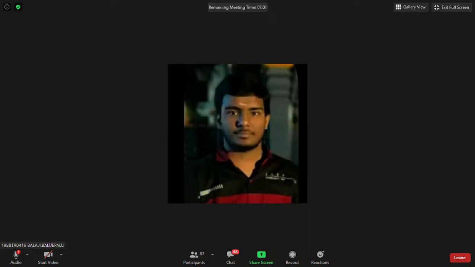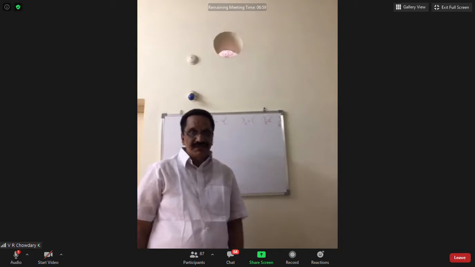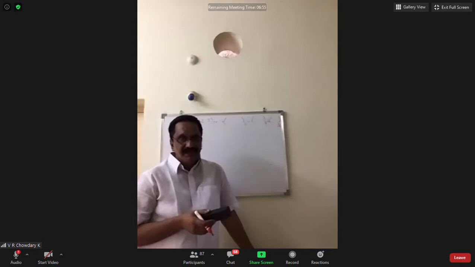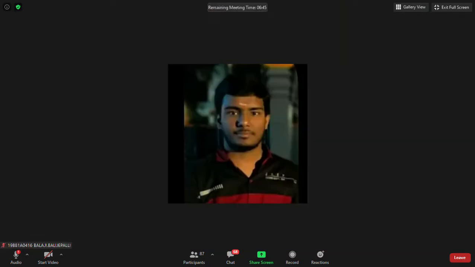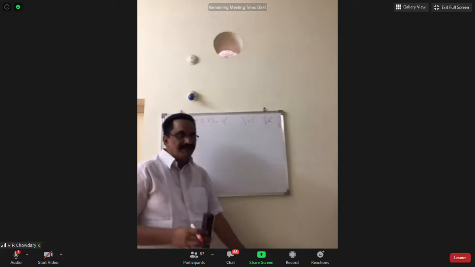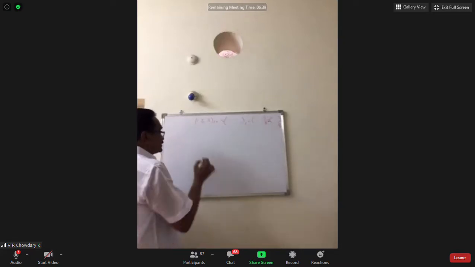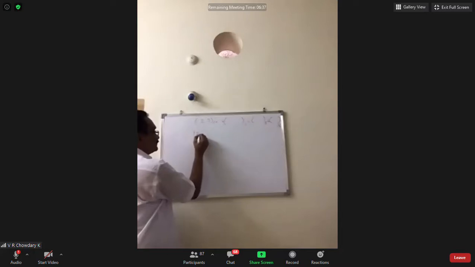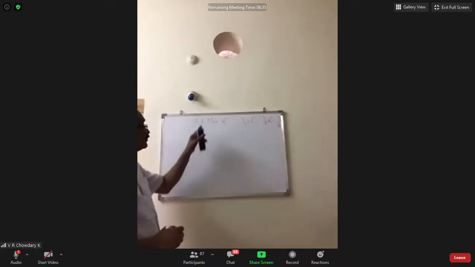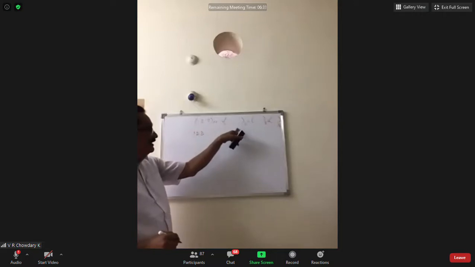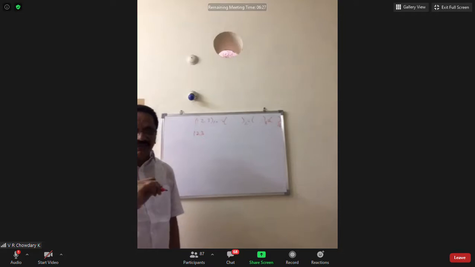In the case of the successive division method, you have to divide the given decimal number successively by its radix value, and note down the remainders in the reverse order. For example, for the decimal number 123, to convert it into binary, we have to divide 123 successively by 2.